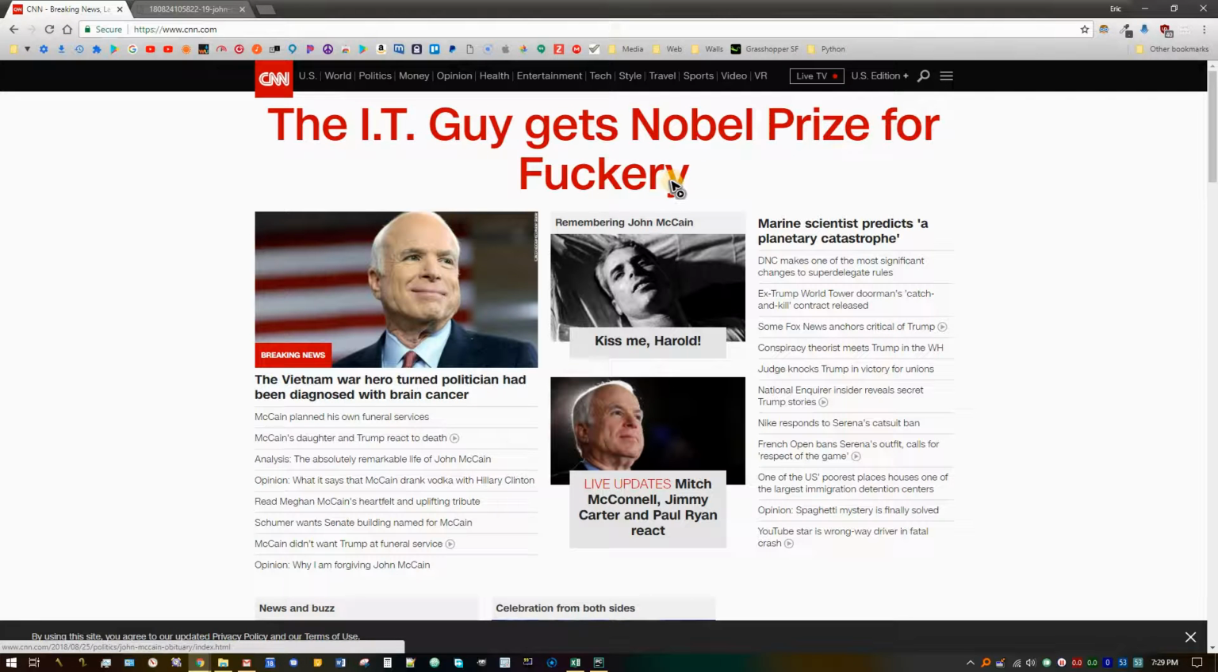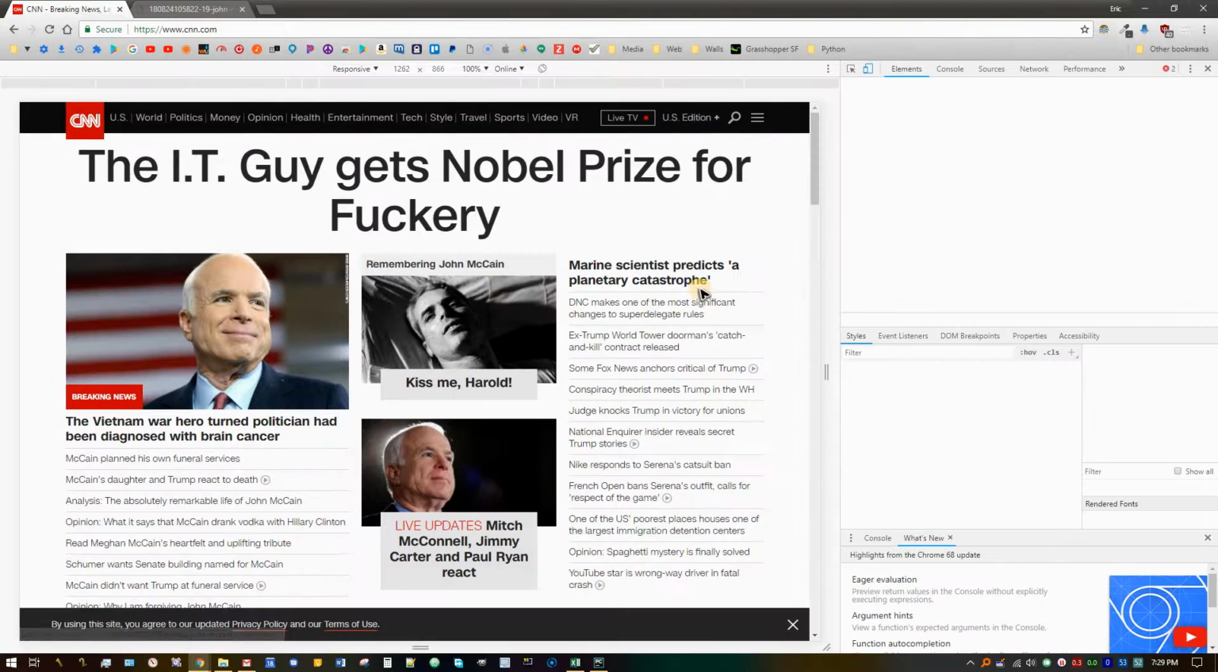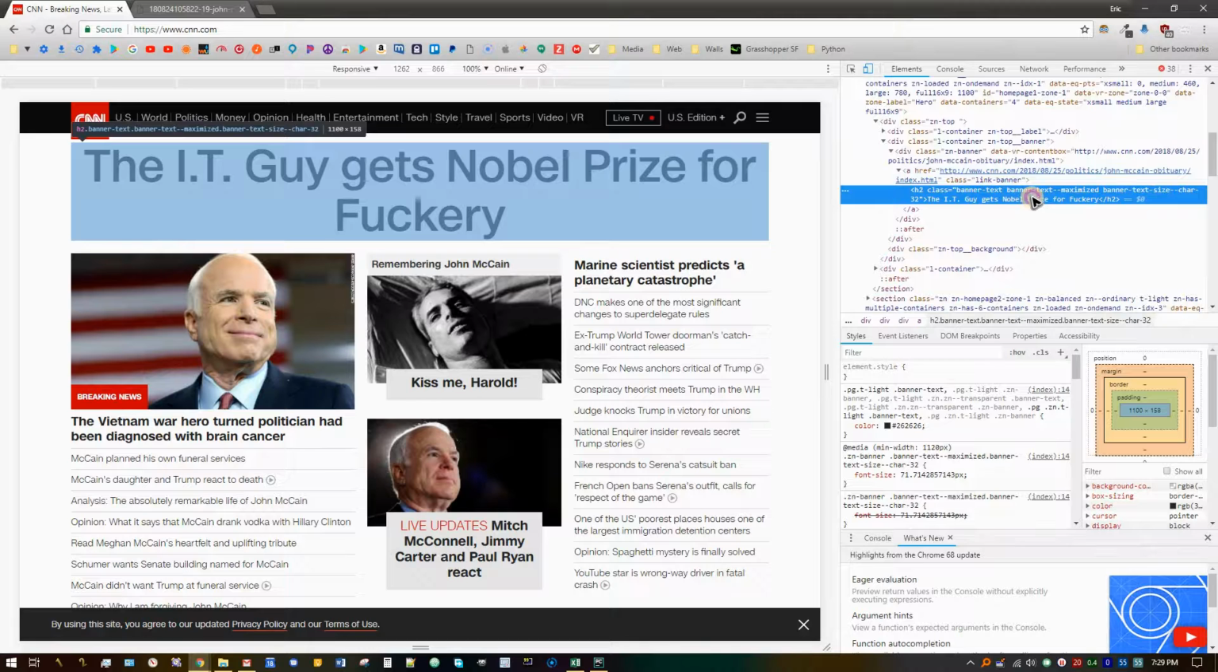So I'll leave you with this. The two ways to trigger it, once again, are this. You right-click on any element in Chrome, click Inspect, and it will take you right to wherever that element is. And you click in here, and you will be able to select